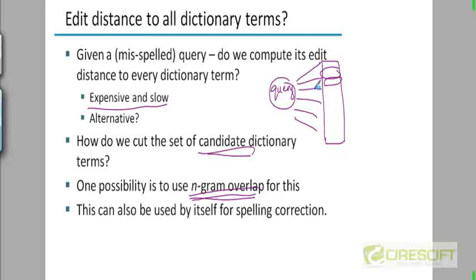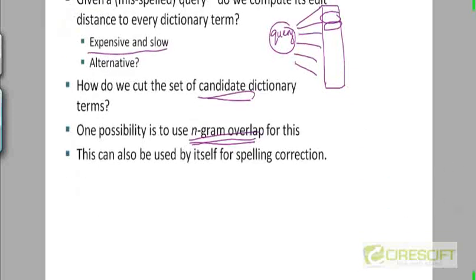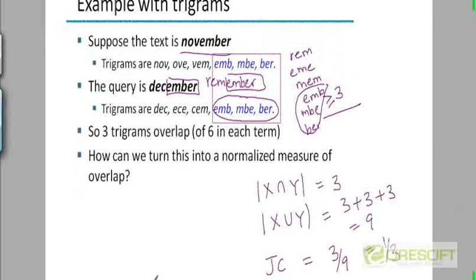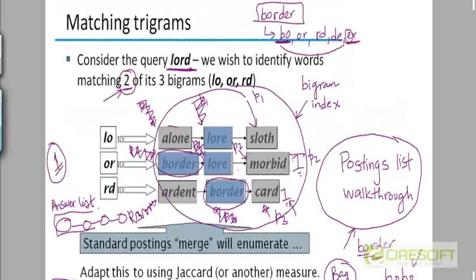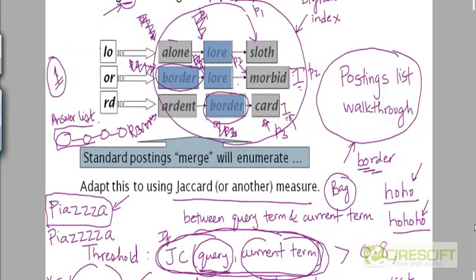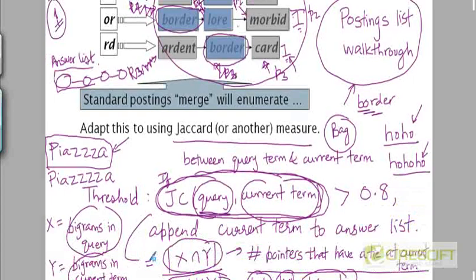It was too expensive because we have to run the dynamic programming algorithm as many times as the number of terms in the dictionary. But if we use this k-gram index to calculate how many terms there are in the dictionary that have a good overlap with the query term, if we generate this answer list,